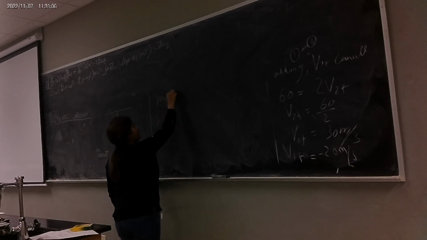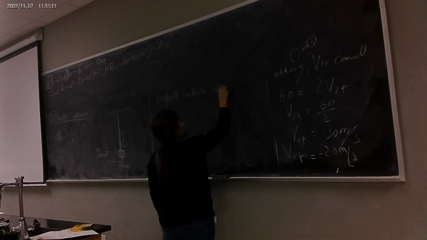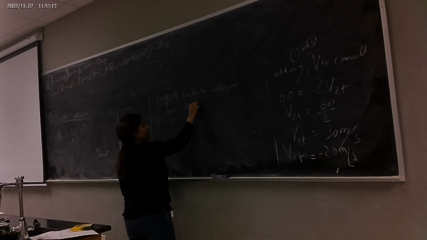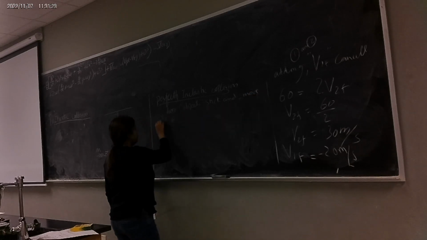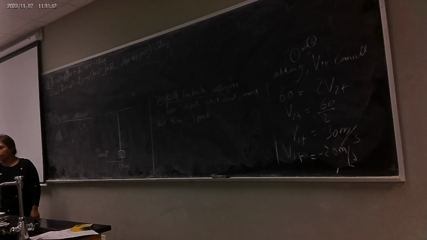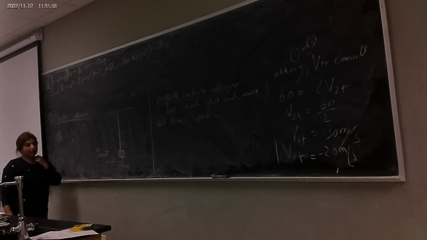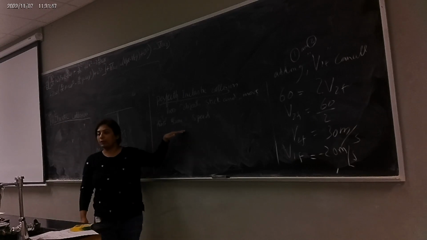perfectly inelastic collisions are when two objects stick and move with the same speed. This is an example of perfectly inelastic collisions, where they have lost kinetic energy. Kinetic energies cannot be the same for both masses sticking together. Masses must have lost kinetic energy in order to stick together and move with the same speed.